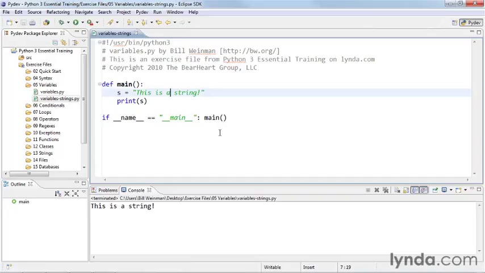You can use escape characters in a string as you can in many languages. So if I put in here a \n, that'll introduce a new line in the middle of the string. And if I save that and run it, we see that there's a new line now between the A and